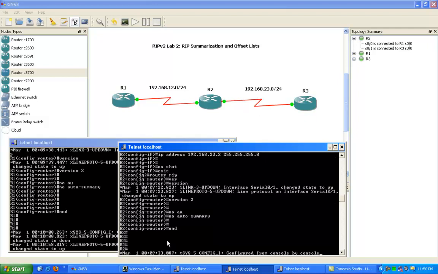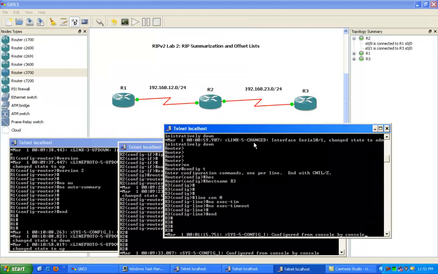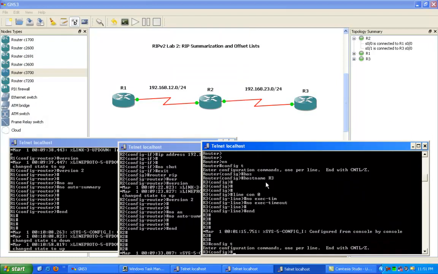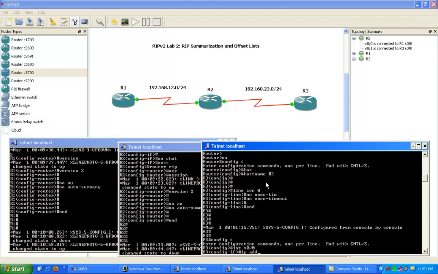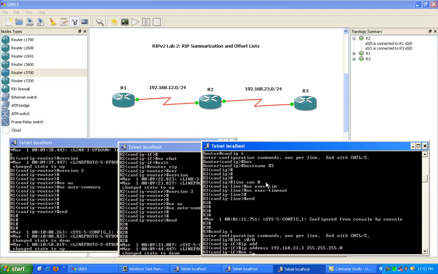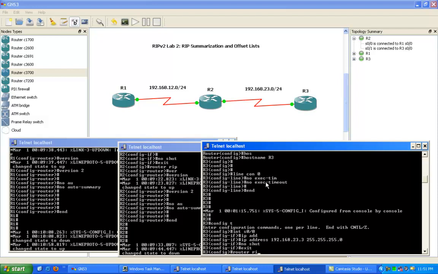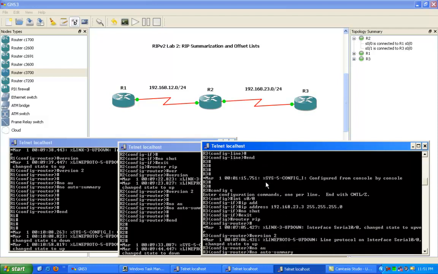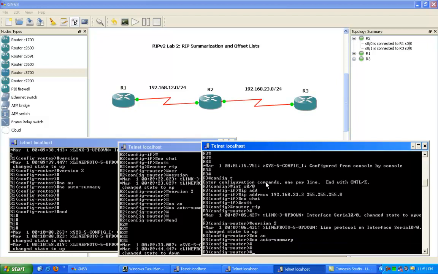I just haven't put any in there yet. So router 3, /24, just no shut. Version 2 under RIP, no auto summary, and